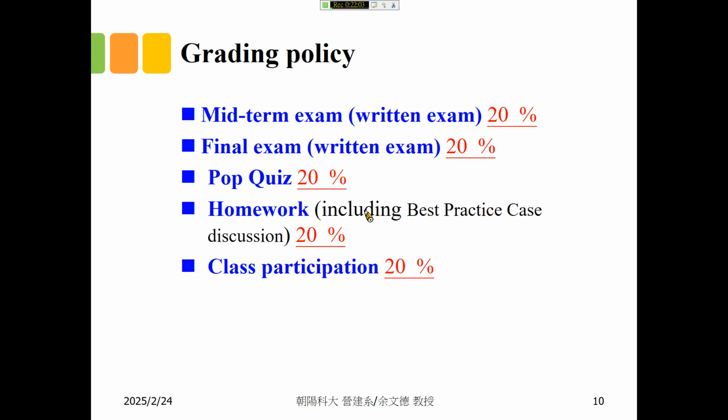Okay, so how to count class participation? Today we have a signature from you, and from next week on, we will have a sign-in roll call system. Okay, do you know how to operate this sign-in system? Yes. Yes, good. Let's practice how to sign.